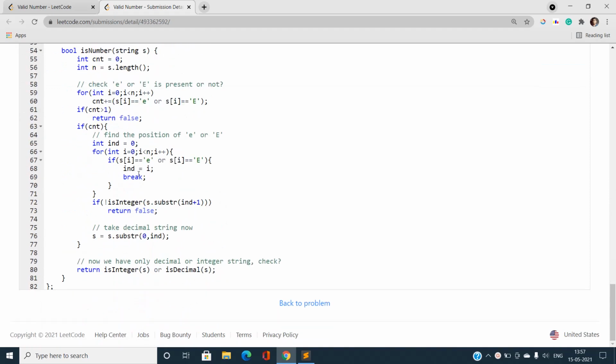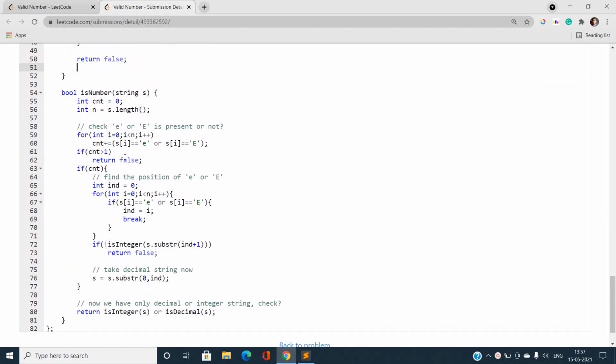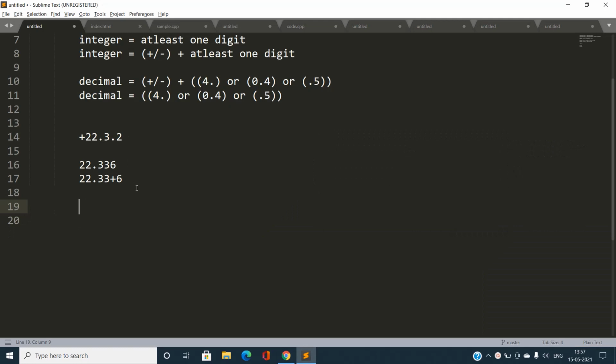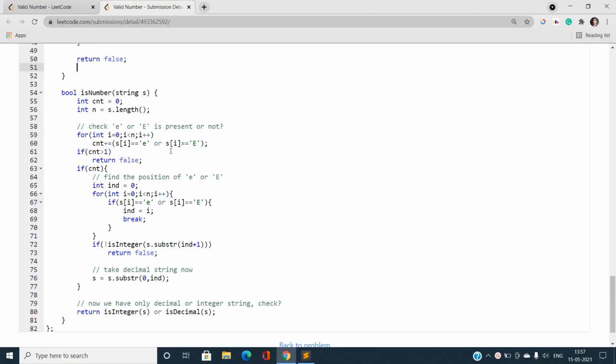Now comes the huge part, is the number valid or not. The operations are going to be very simple. It is like a brute force approach. So find out the count of the small e. It might be present that we have a count of small e, like okay, I'm just trying 23e22. It might be present like that, but this is not valid. So the count should be exactly 1. If the count is greater than 1, return false. Otherwise, if there exists some count, what I'm going to do is check whether there exists an integer after that e.